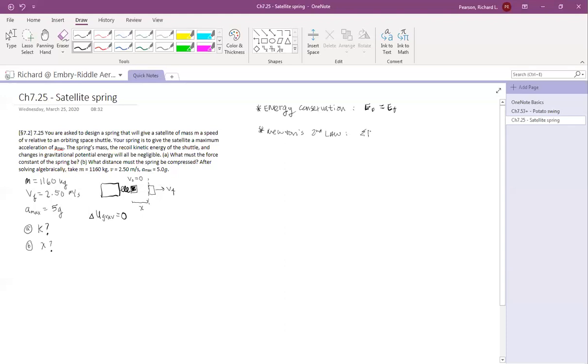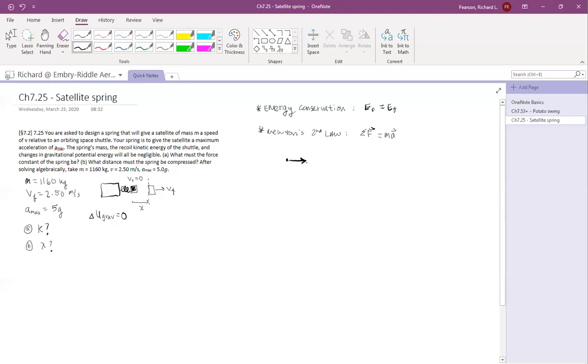Specifically, that the net force acting on some object is equal to the mass times the acceleration of that object. So let's actually start here. If we draw a free body diagram of our object as it's somewhere between the spring being released and when it leaves the spring, so while the spring is still attached,